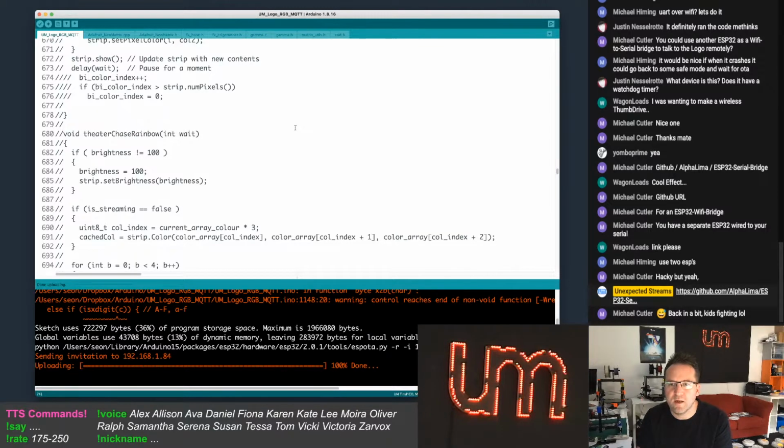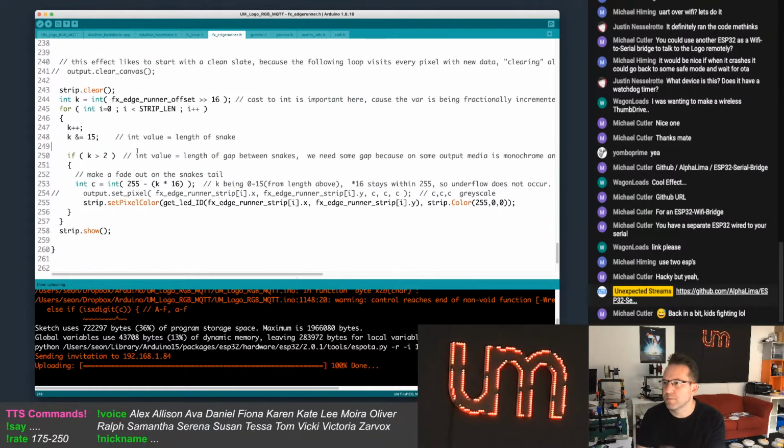Okay, so that's working. So I don't really want to do a clear beforehand. And I think I can fix that by... this is writing the whole strip anyway. And he's got this gap thing.